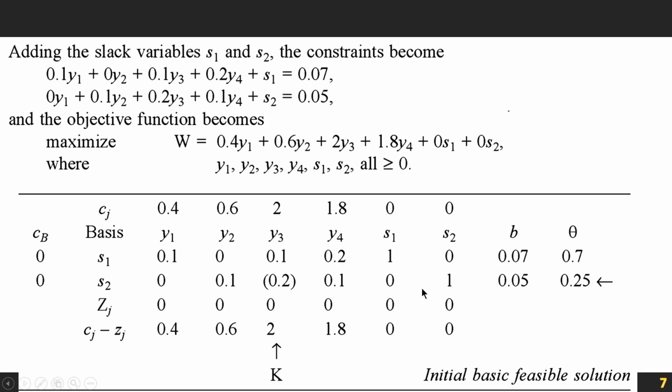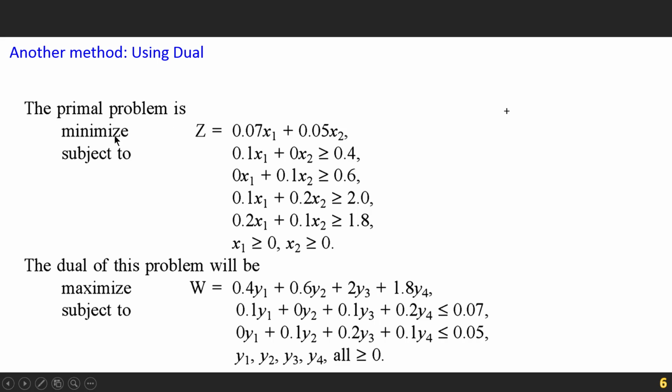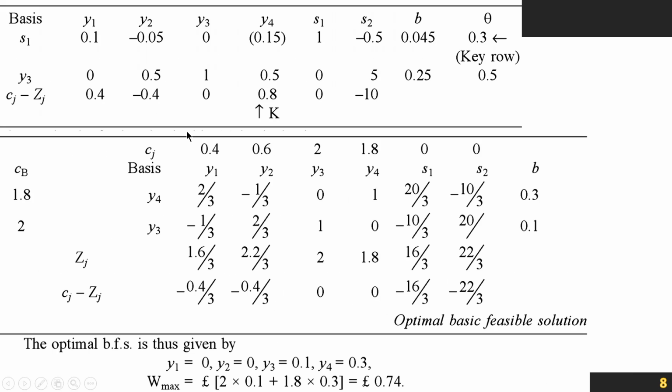So that is the benefit of using the dual. Understood? Now we can solve this problem. After that it is much easier. You can just continue doing this and you will get the values y1, y2, y3 and y4 at the optimal basic solution. So W max will be equal to this much. Now this is the maximum of W, so this will be equal to Z minimum, and that is what we wanted, right? Minimize Z. So if you get maximized W, that will be equal to the minimum of Z. Okay, so that is our objective.